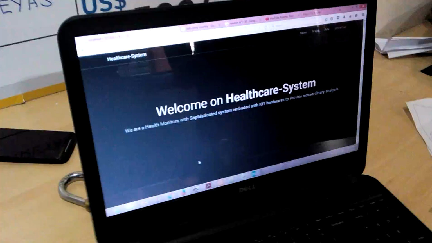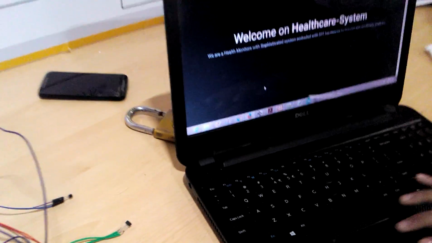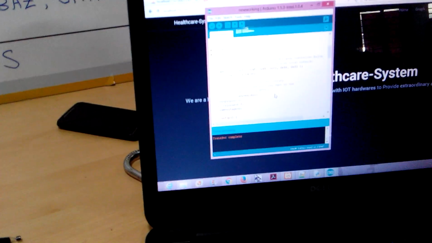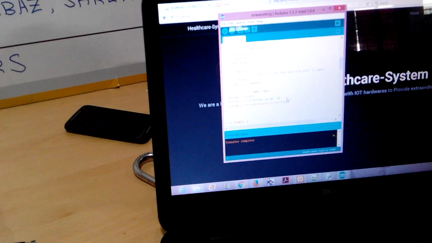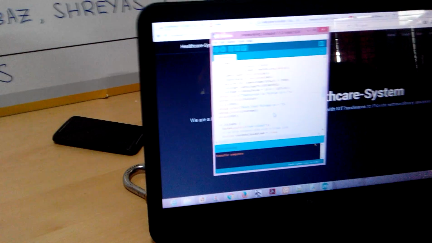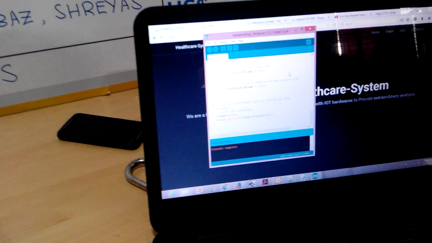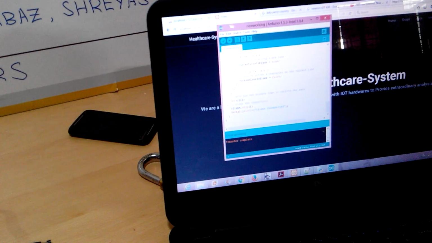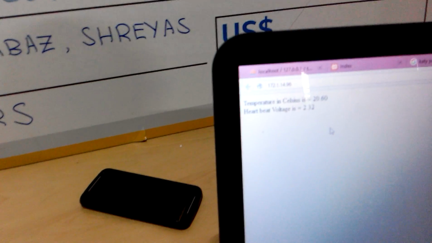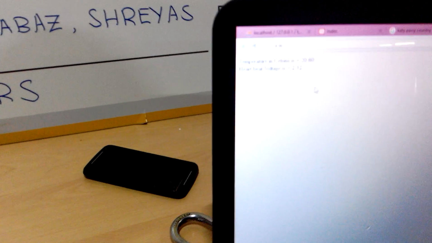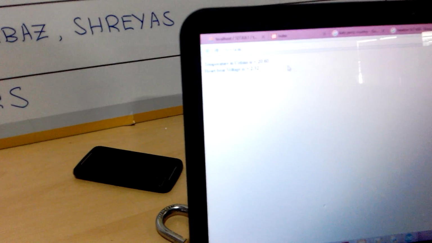And now let's go to the implementation part of the code. This is our code, which connects to the network and sends the data, temperature and the sensor values, to the network, and we can access the values on the net through the IP address of our laptop. This is the temperature sensor and the heartbeat sensor, which will be varying every 10 seconds. Right now we are recording it